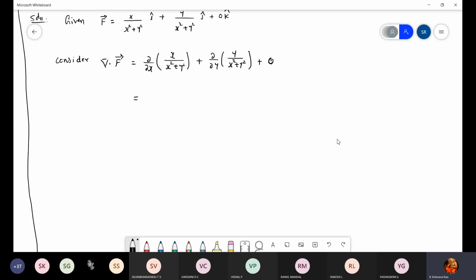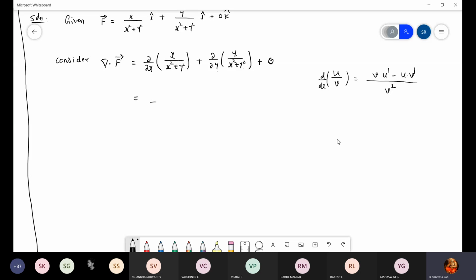If ordinary differentiation d by dx of u by v is the quotient rule, you have to apply it here also, because partially with respect to x means x is in the numerator, x is in the denominator. You have to apply the quotient rule. Similarly, partially with respect to y, y is in the numerator, y is in the denominator. So what is the quotient rule formula? Denominator square, v square. Write v as it is, the denominator as it is, first term, and differentiate the numerator, that is u dash, minus u into v dash. So this is the quotient rule. So the same rule you have to apply here.